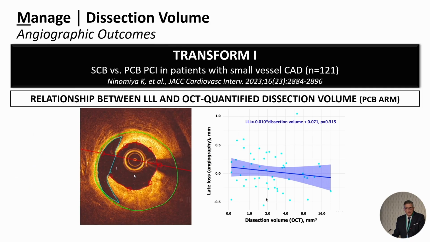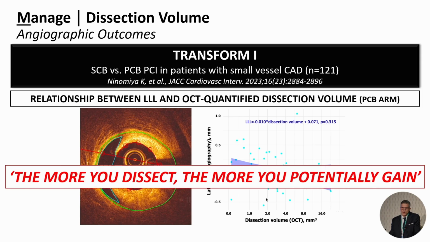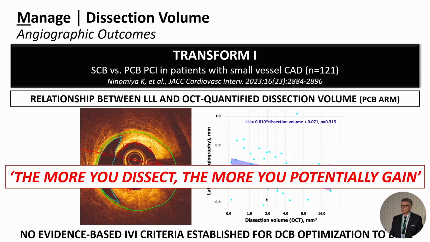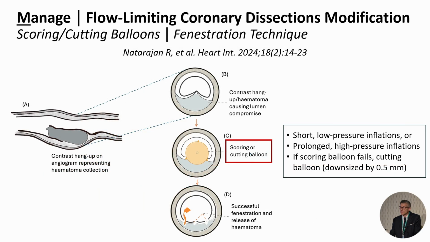One emerging evidence as well is the concept of dissection volume, and this is derived here from an analysis from the TRANSFORM-1 trial comparing sirolimus versus paclitaxel-coated balloon in small vessel disease. As you can see here on the right-hand side in the PCB arm, there seems to be a nice negative correlation between dissection volume and late lumen loss, suggesting maybe that the more you dissect, actually, the more you potentially gain, which is a shift in the paradigm of considering coronary artery dissections as always a cause for bailout stenting. But we have here again to acknowledge that there are no evidence-based IVI criteria established to optimize